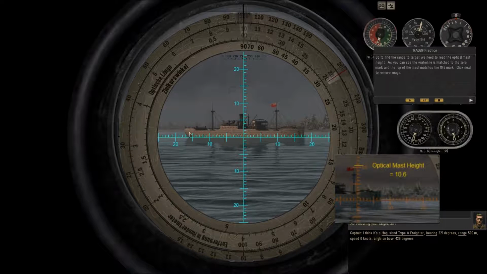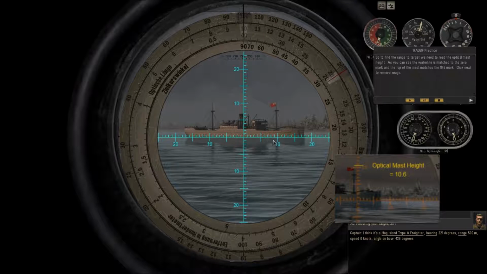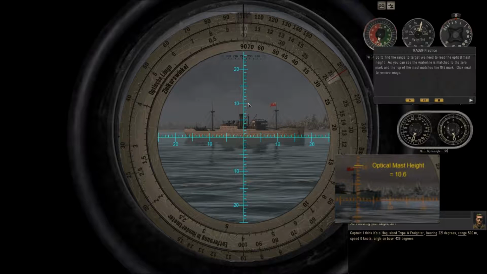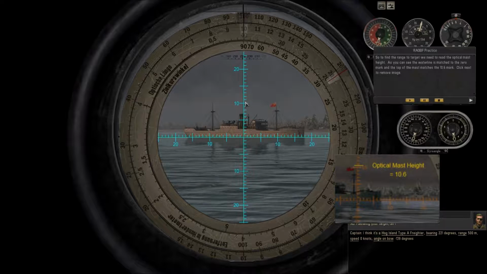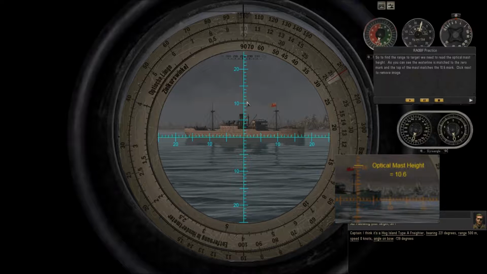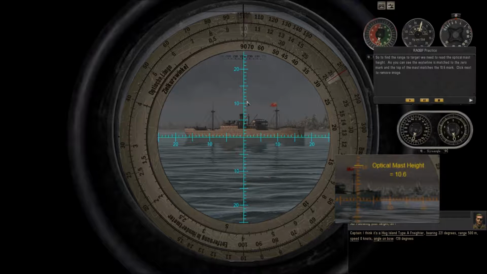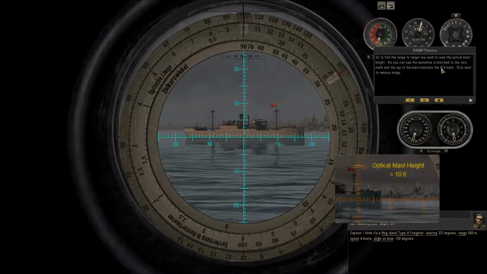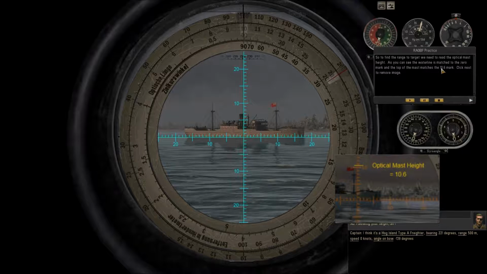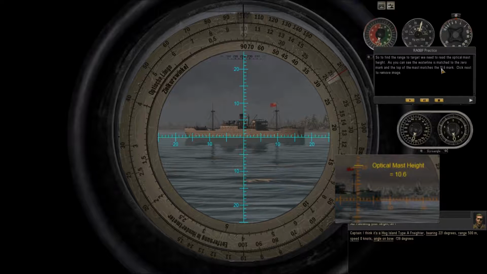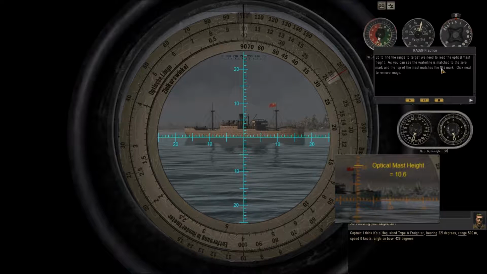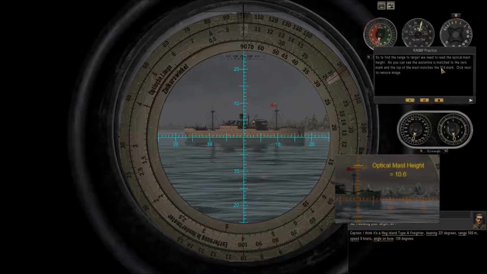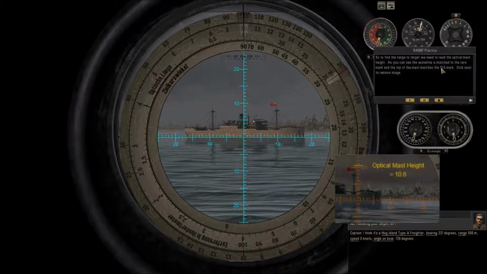Okay, so if we put the horizontal line here on the waterline of the ship, and if we count the marks until we have the flag here, we have here 10, and here it's around 10.6. You see? So this is what Trevally told us. We have 10.6 mark for the mast height. So just put on your paper, write mast height marks. I will write myself also, mast height marks, or vertical marks, it's 10.6. Okay,